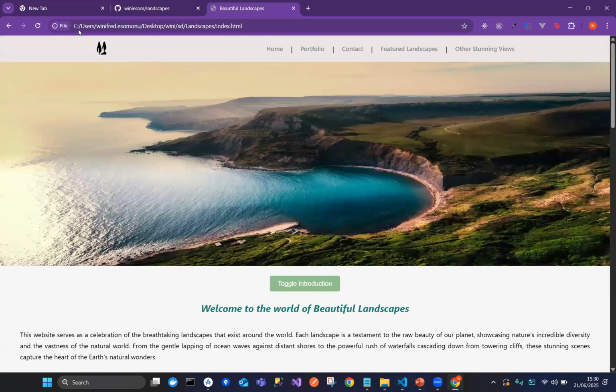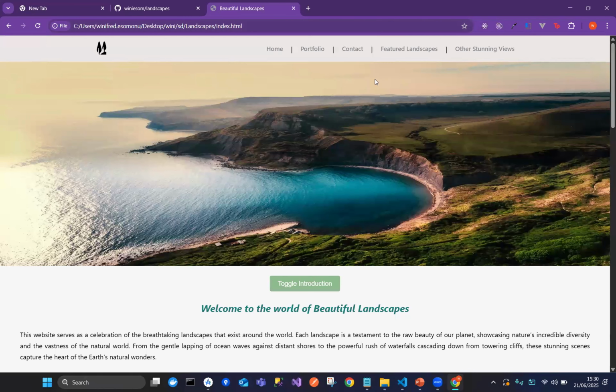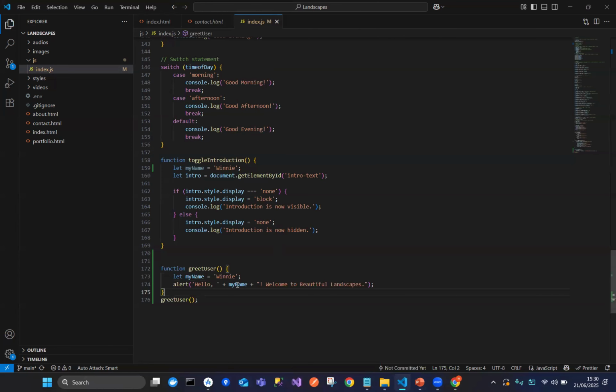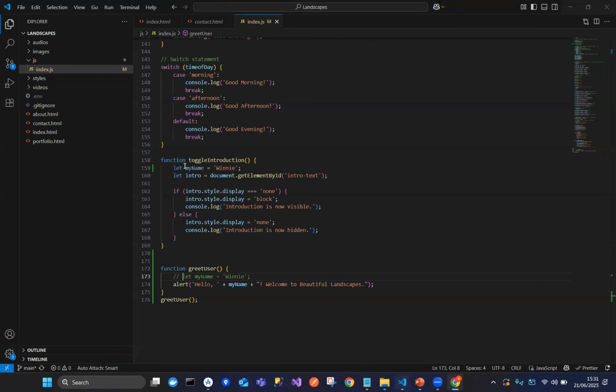So now, if we alert myName, it's going to show, hello Winnie, welcome to Beautiful Landscapes, because now it can find myName. Before, I couldn't see myName, so I guess that's why the alert wasn't showing, because JavaScript cannot see myName anywhere. myName only exists within this other function, and it cannot be picked up from this function because it is local to that function. But if I declare it outside of this function,